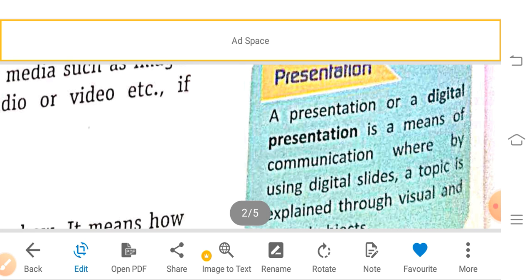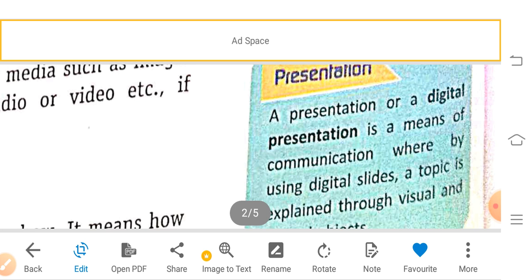We can communicate through the newspaper or magazine or internet or radio or anything. These are also communication, but at present we are communicating through the PowerPoint presentation. So you have to see which way you want to communicate.